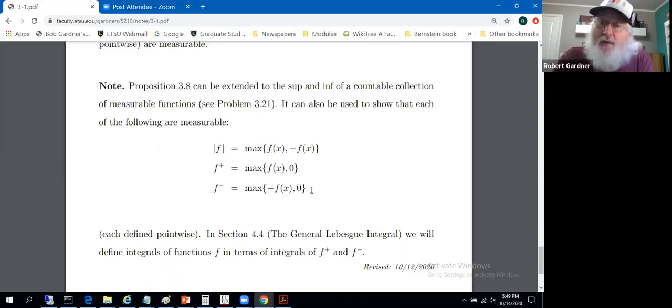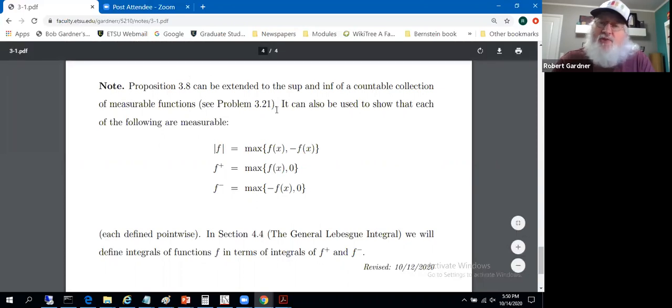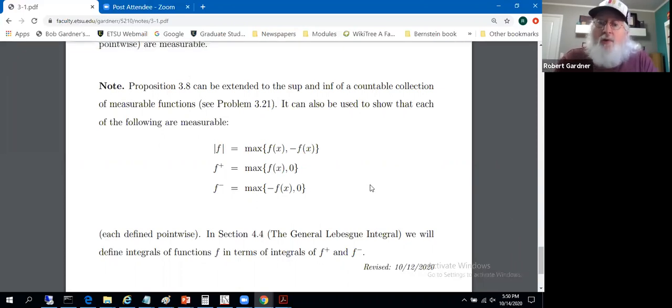It's that reason. We'll first integrate positive functions. Then when we reach the functions that might be positive or negative, we'll break them into these two parts, both of which are positive. And we'll know how to integrate the positive part, and we'll know how to integrate the negative part. So there's reasons for these odd definitions, but this will appear later, and the measurability of the positive and negative part follows from that proposition 3.8 that we just saw. So there's an intro to